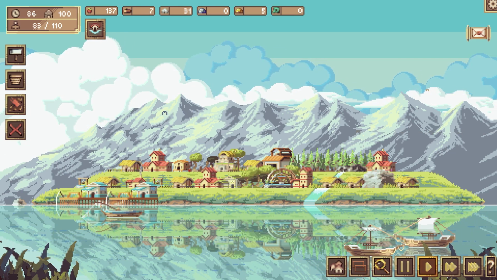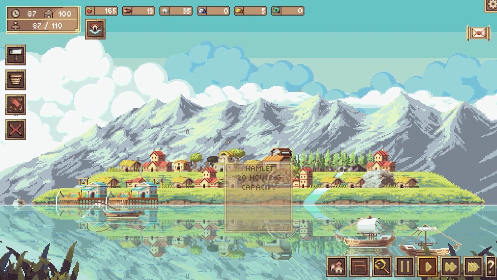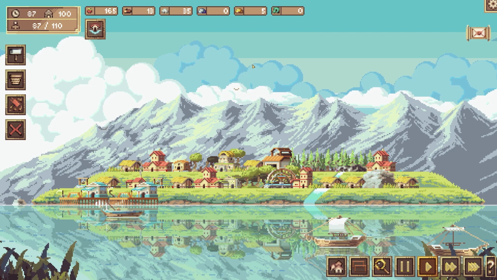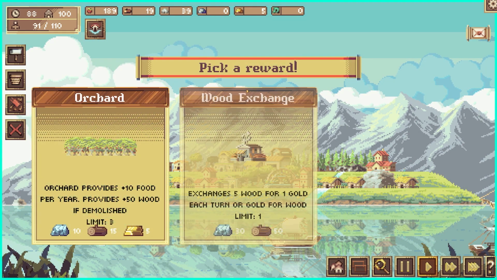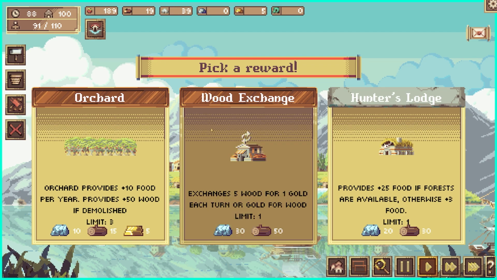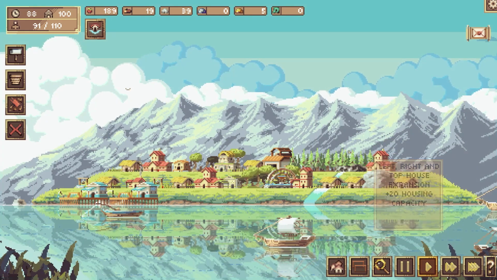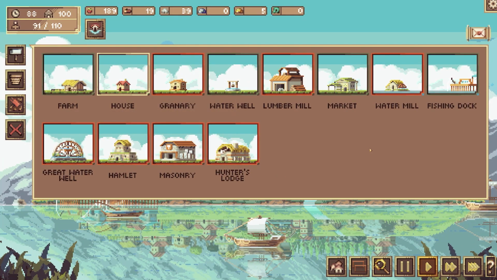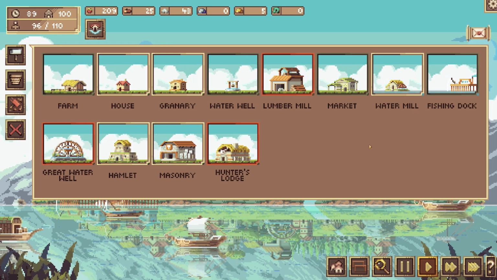Right, let's get a hamlet over here. Cool. So that takes our capacity up to 100. That's grand. And that's going to allow us to get our objective done, which is great. Right. Give me a hunter's lodge. It's finally time. We also need to get a big...